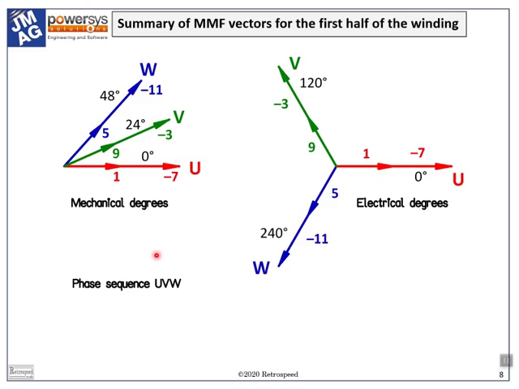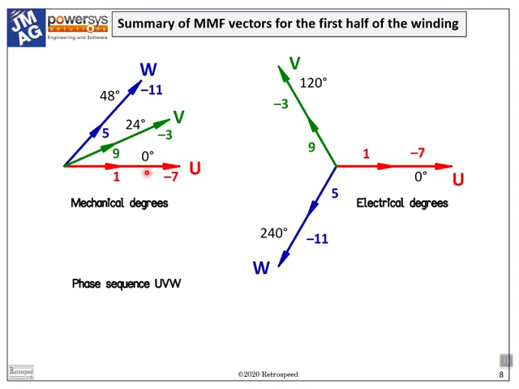Let's stop here to consider the conventional way of representing the winding, which we find in all the leading textbooks on windings and AC machines. We can see here phase U comprising coils 1 and -7, the minus sign denoting the reverse connection of coil 7. It produces a magnetomotive force, or MMF, which is maximum when the current in phase U is maximum.